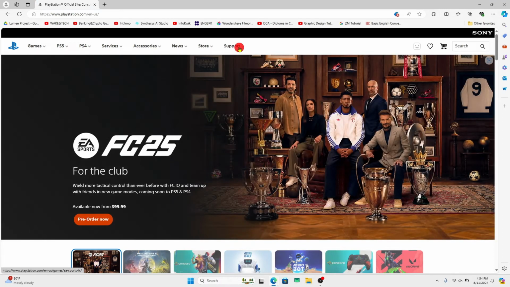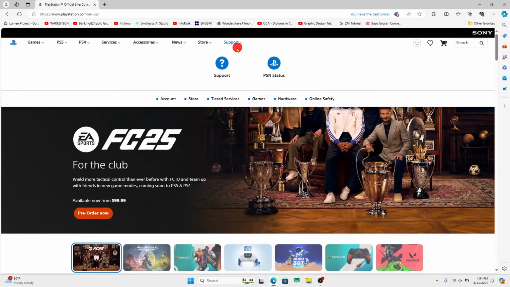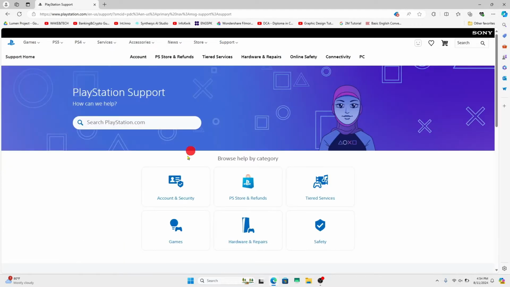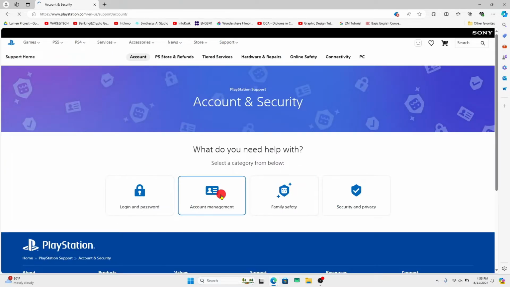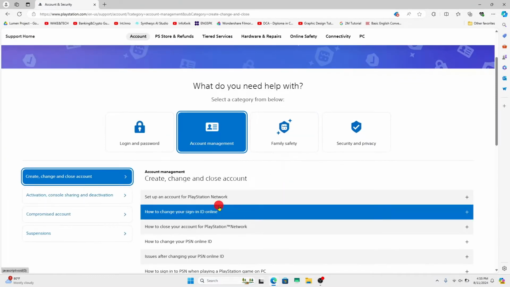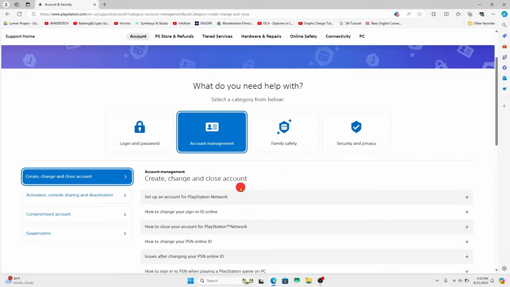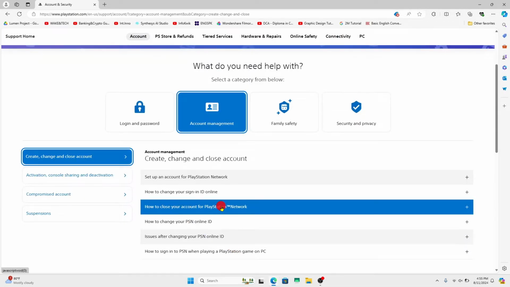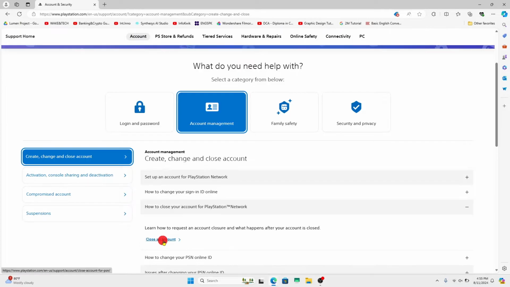After logging in, click on support at the top section and then click on support once again. Then click on account and security and then click on account management. From here, you will see the create, change and close account option. Click on the how to close your account for PlayStation Network option and you will see the close an account